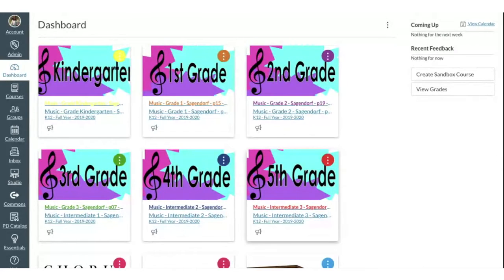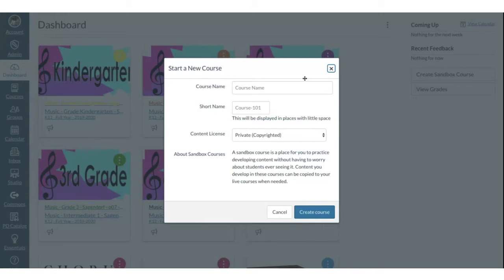Over here on the right-hand side, it says create a Sandbox course. Now, you may not need a second Sandbox course, but it's helpful to have a place to organize your Canvas a little bit better. So I'm going to call this special area